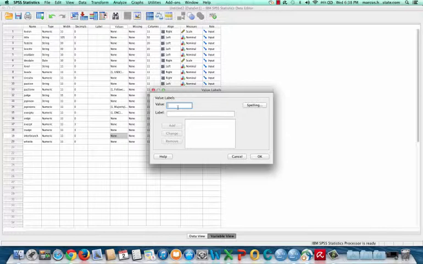Okay, so in this one we had a value of 1 was for unified democratic control, 2 was divided government of any type, and 3 was unified Republican control. So let's start with 1. Unified DNC. Add. Value 2 is going to be for divided gov. Value 3 is going to be for